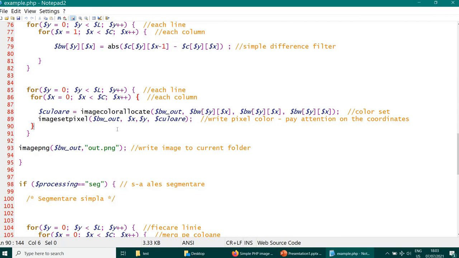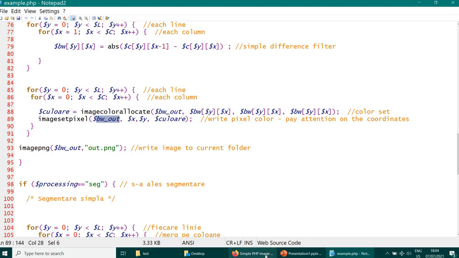And then I have to build the output image, and for this I use this GD function, imagecolorallocate, which takes this value here for the three color components, red, green and blue, and sets the color. And this function, imagesetpixel, effectively sets the color of each pixel in this output image.